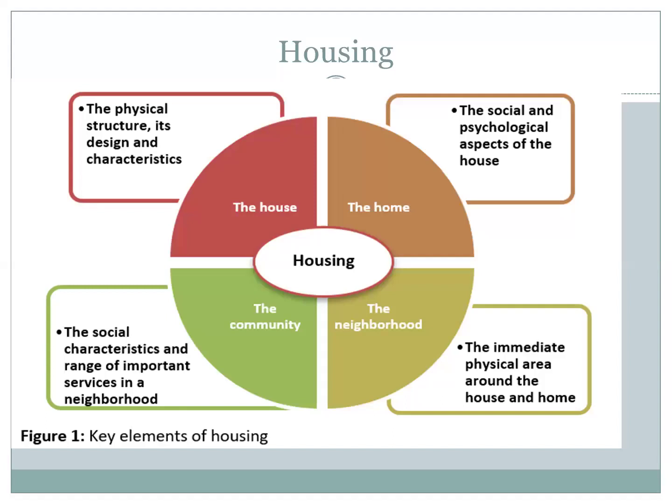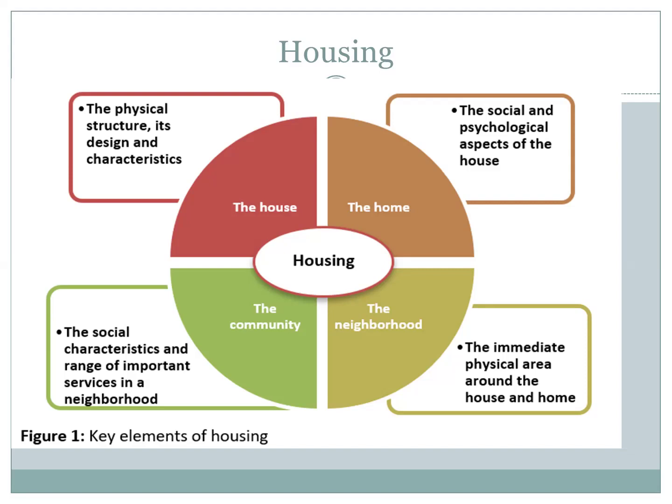Then we move on to housing, which is another important factor. It can be classified as an environmental factor. The housing consists of four basic components: the physical structure, design characteristics, and social and psychological aspects of the house. For example, if there is a broken family or if there is abuse to a person, then the psychological and mental health of the person will be affected, and the person will have difficulty in